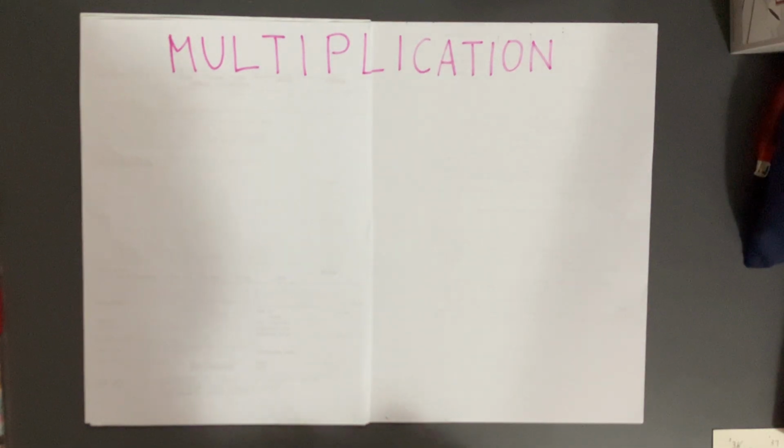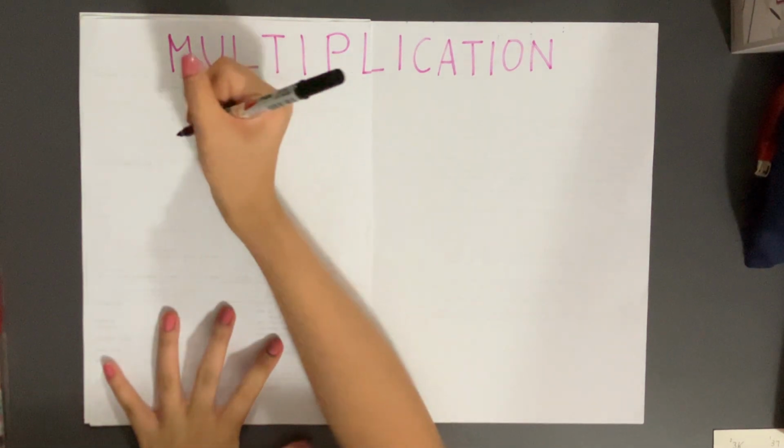Hi, so now we're gonna do some multiplication of 2 and 3 digit numbers, and we'll be focusing on the multiplication with renaming. So first, how do I find